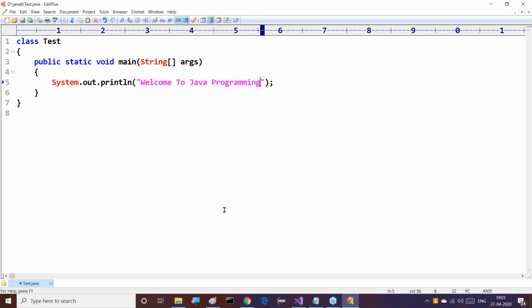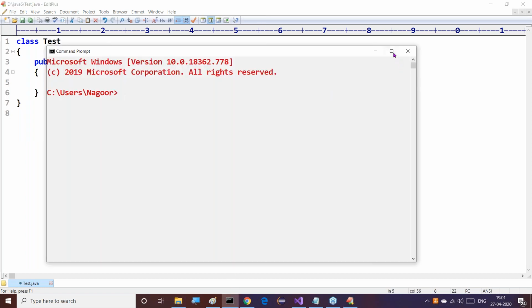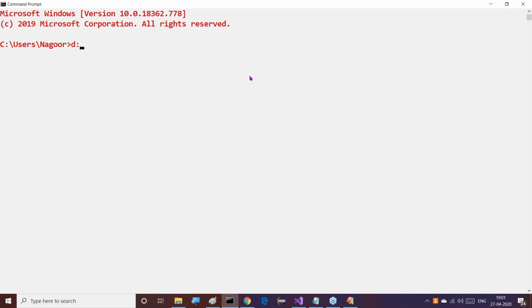Now, I compile this. All of you observe this clearly. In the D drive Java 6 folder, I delete star.class, so all the .class files are deleted and no .class file exists. Now tell me, which version of Java am I using here? Java 6 version.